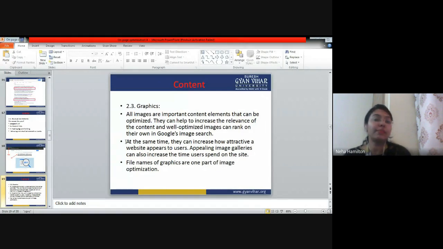Now why is it important to add alt text? Because Google does not have eyes. They are not going to see the on-stage performance of your website. They are going to see the backstage performance of your website, right? So they are going to see the programming of your website. So if you have added images but the default image name has been kept, you have not edited the image name, that should not be done.